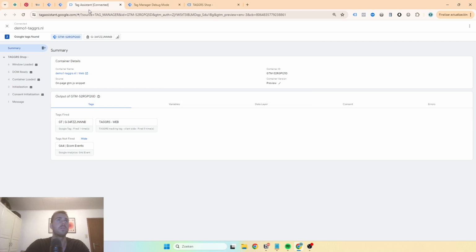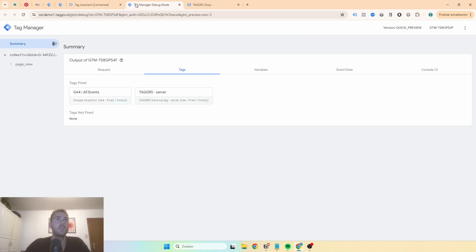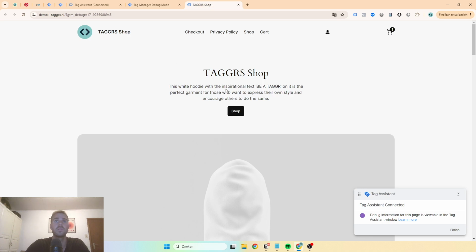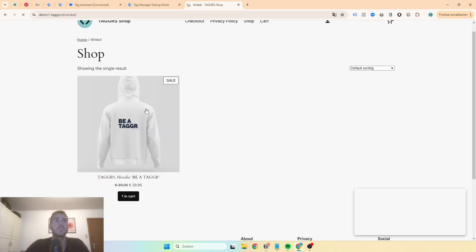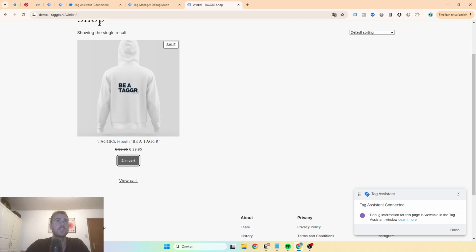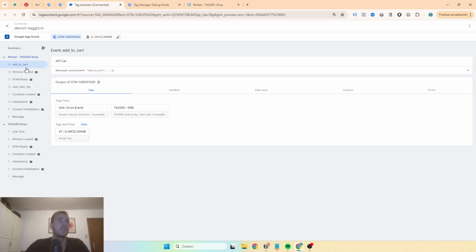So here we have preview mode of our web container, preview mode of our server container, and our actual web shop. We will add an item to our cart, and then we will see that this